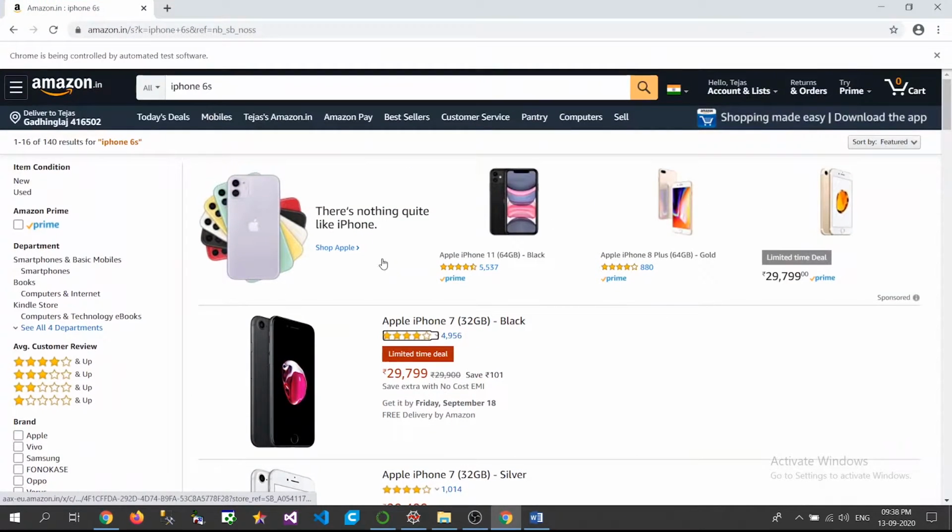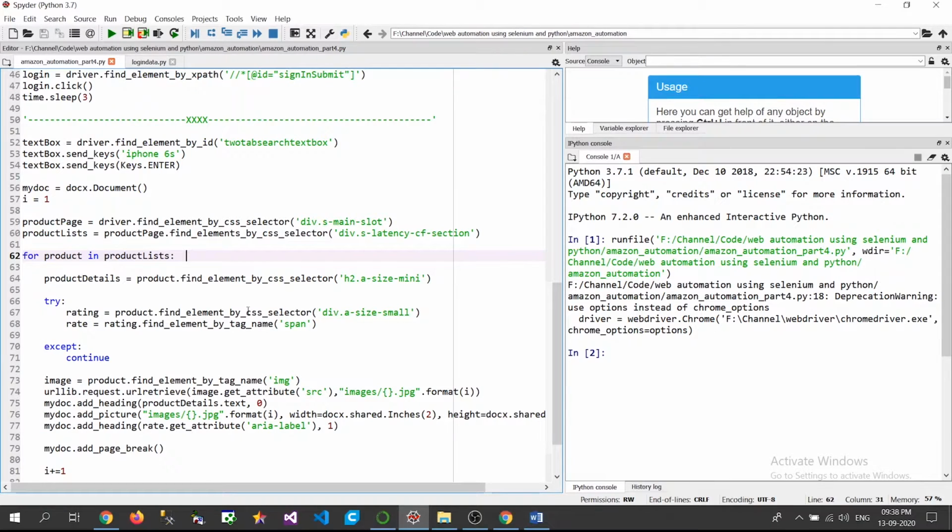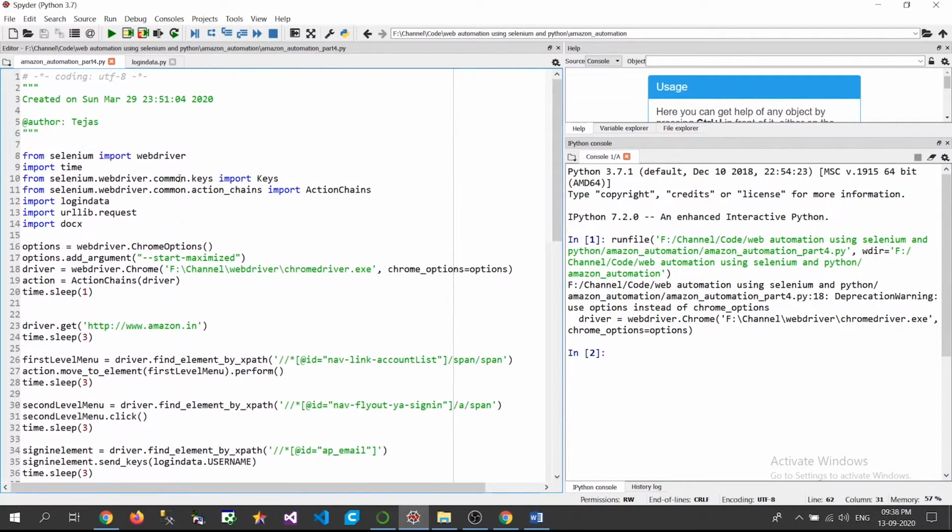There are a few issues that I came across, like searching, accessing these elements, and then going towards the fetching of the image, and also I'll explain the code, and then we'll move towards the last part. This will be the last video of Amazon automation, so there will be no video after this on Amazon automation. Sometime in future I'll surely make a full-fledged video with a UI for scheduling the product, ordering and tracking and all.